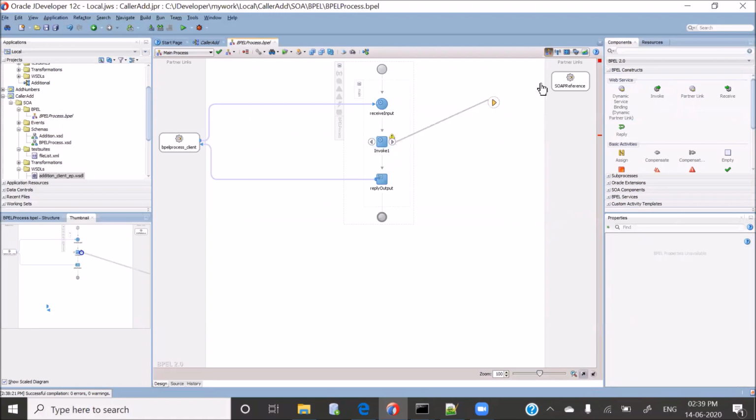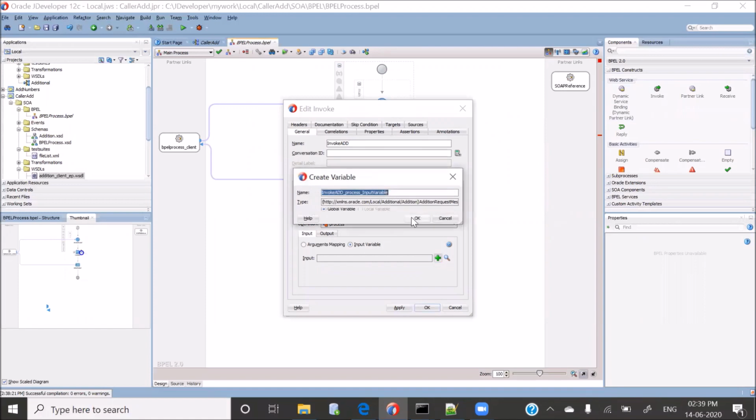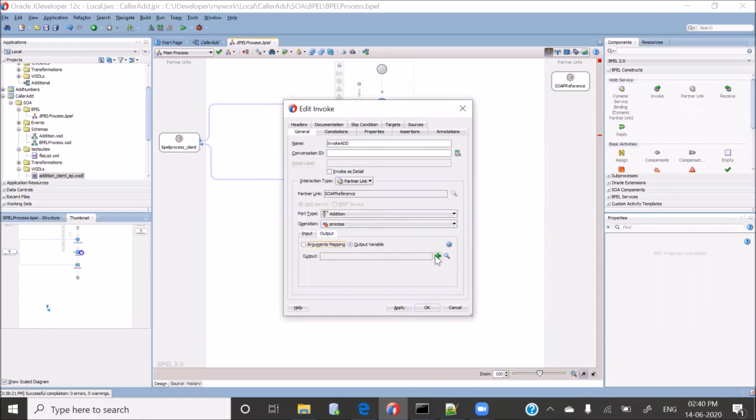We will invoke this particular SOAP reference. We can call it invoke add, because using this invoke activity, you are going to call the addition composite. You need to create the variable as well, because in the addition composite, you have variables number one, number two. So let's create one input variable and one output variable for the result. Press OK,